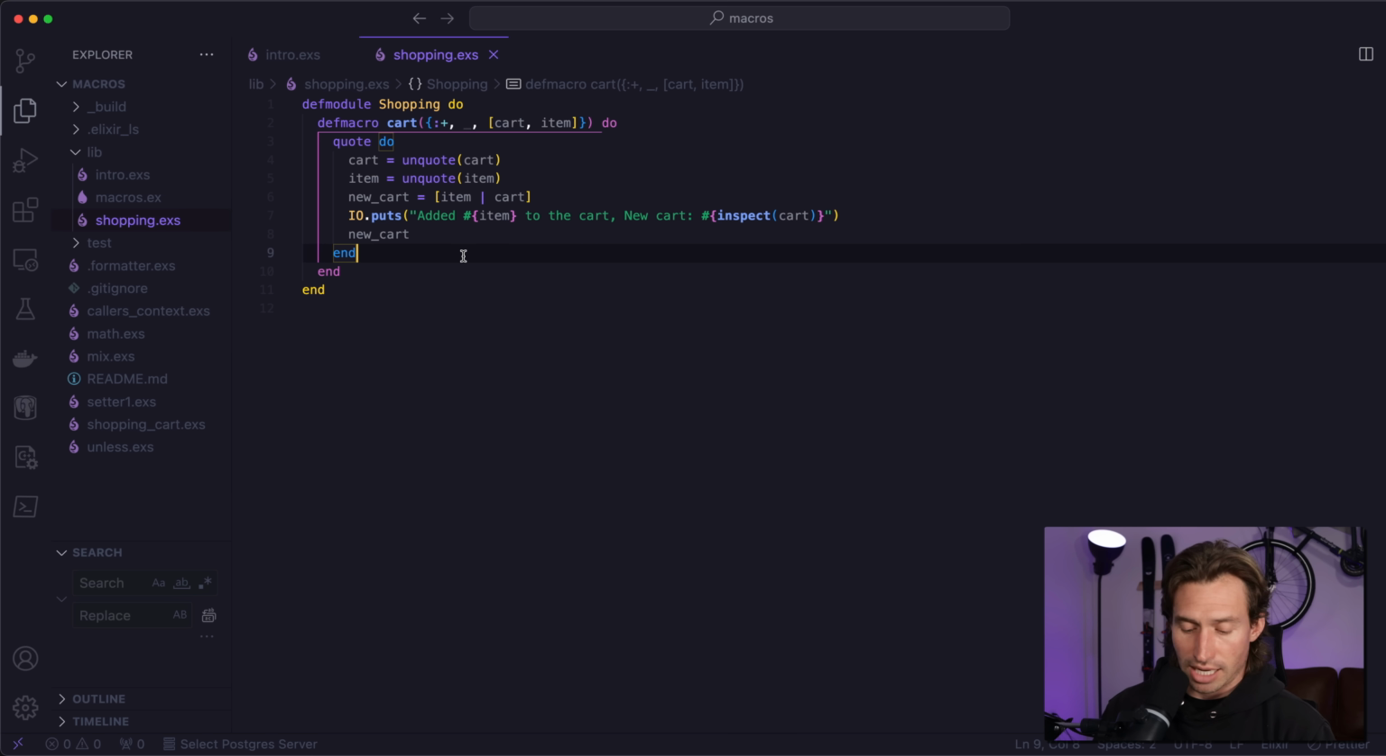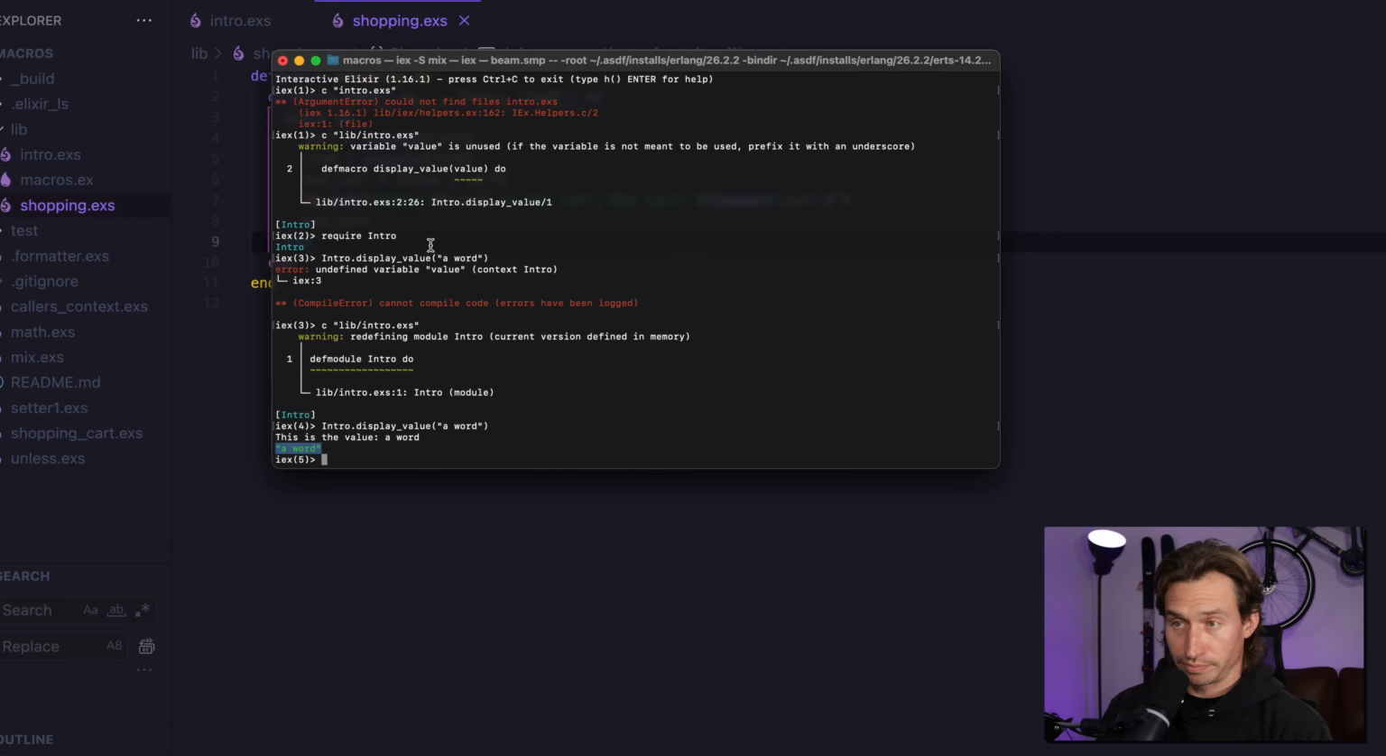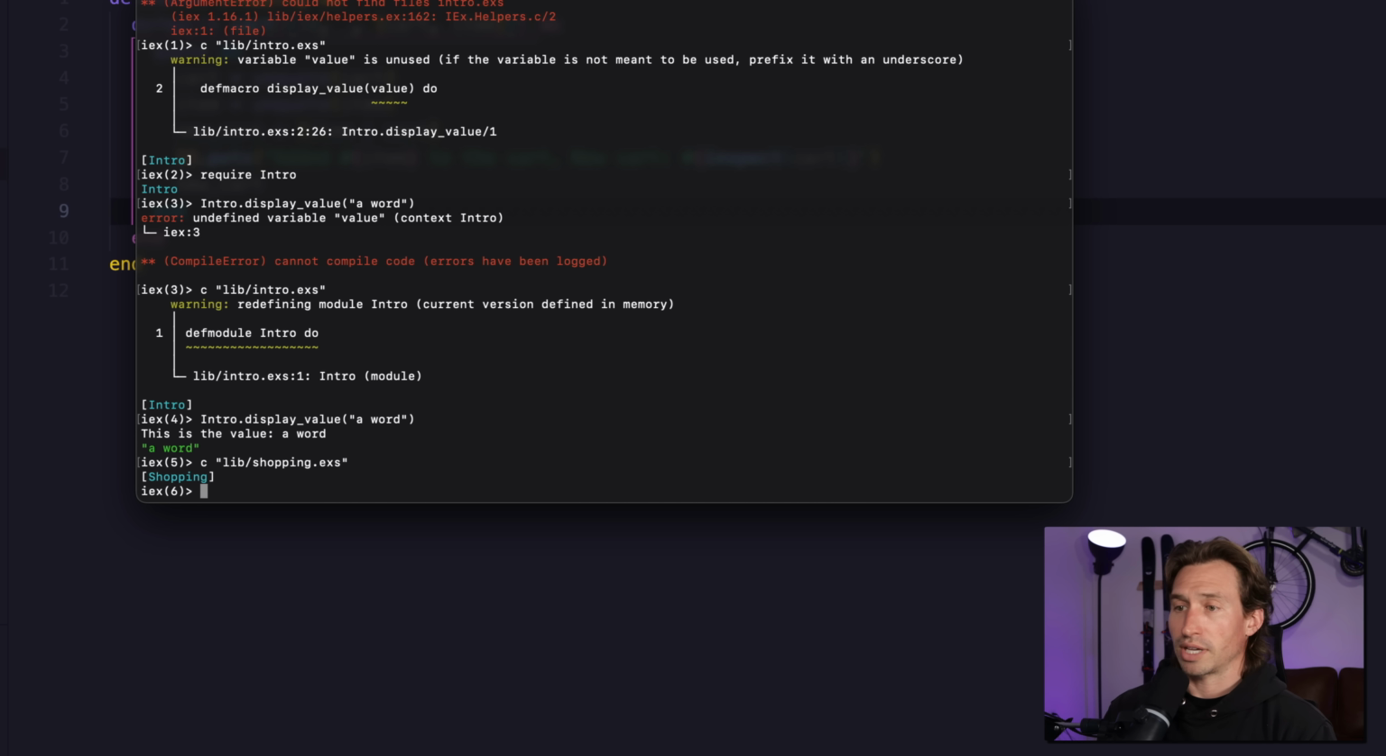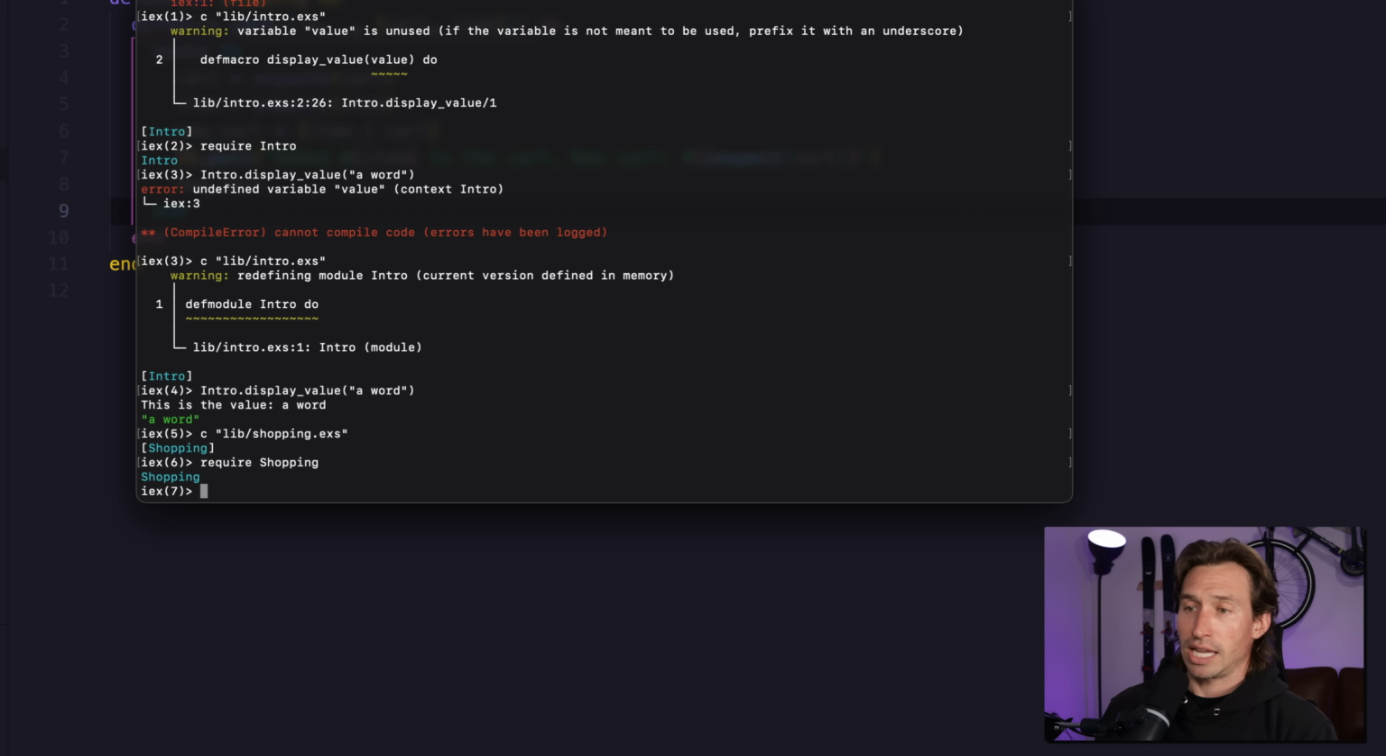So let's go ahead and test this. How does this look in the wild? So we pull up our terminal. First of all, let's recompile, or compile it in the first place. We need to compile our lib.shopping.exs file. Okay, and then we need to require it, so we have access to our macros. So require shopping, and then all we have to do is say shopping.cart,